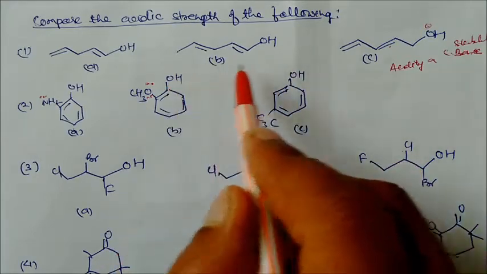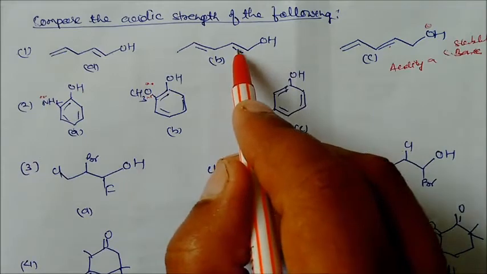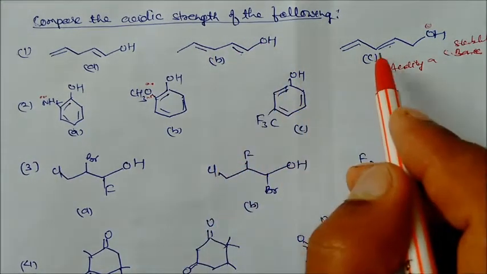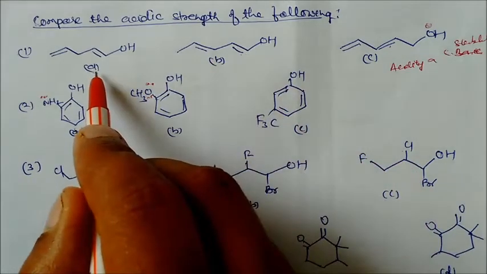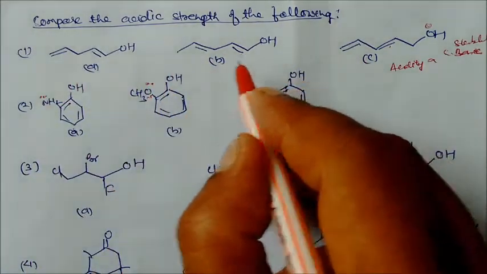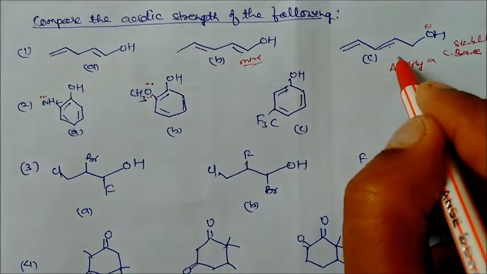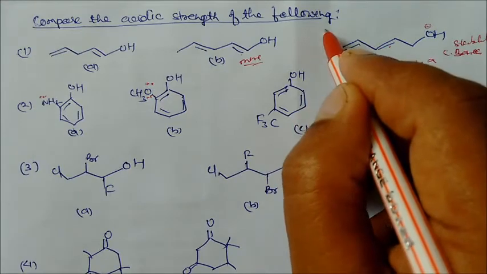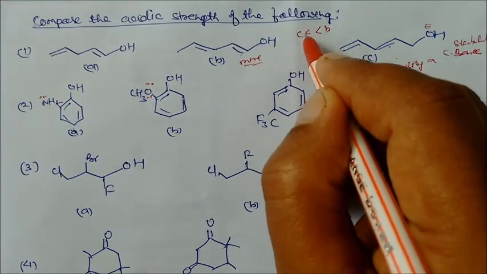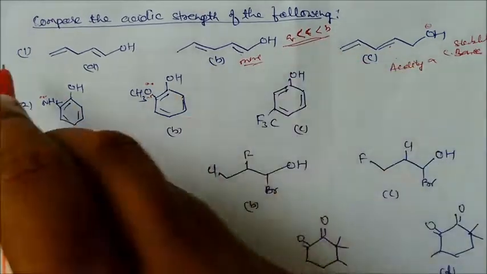In the conjugate base, if you see here, this is again negative. So this will go this side, this will go this side. This is nearer to this one, and again, if you see here, this is far away. So the acidic strength will be: this conjugate base is more stable, and this is lesser than this one. So the order will be B more acidic, then C, then followed by A. This is the acidic order of this series.